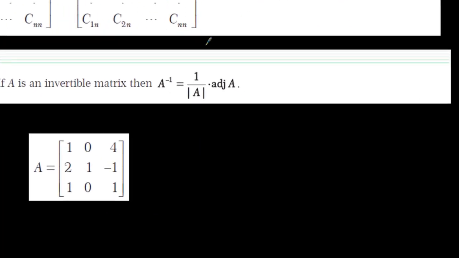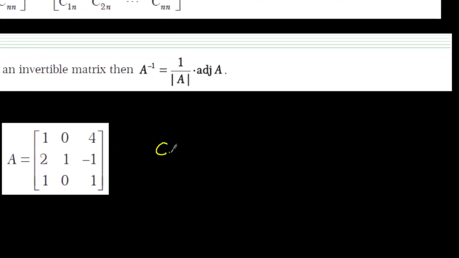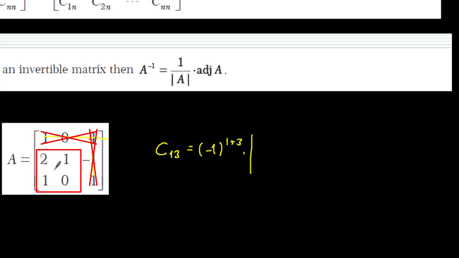And let me remind you about finding the cofactor. Let's say I want to find the cofactor of the first row and third column, which is the 4 here that we are going to close. It is going to be equal to minus 1 to the power of 1 plus 3 times the minor. What was the minor? When you close the first row and third column, it was 2, 1, 1 and 0. So C1,3 was equal to minus 1 to the power of 4 times